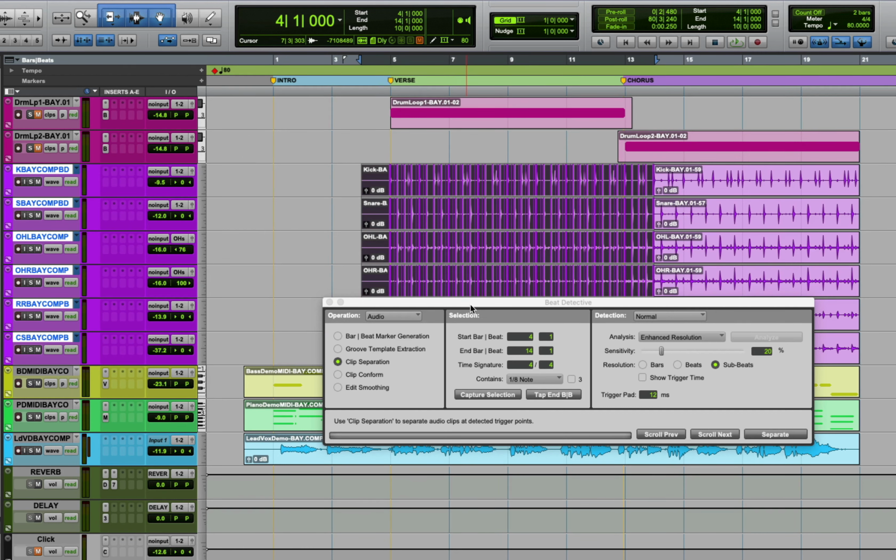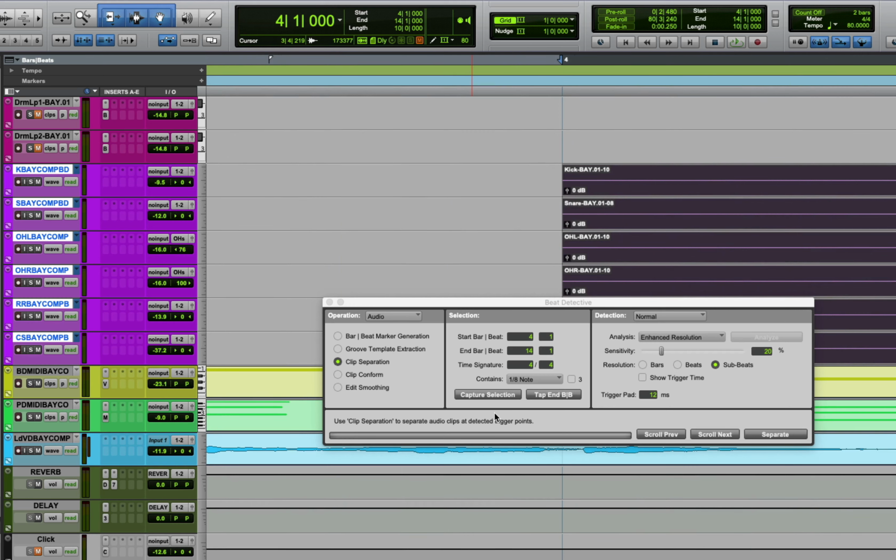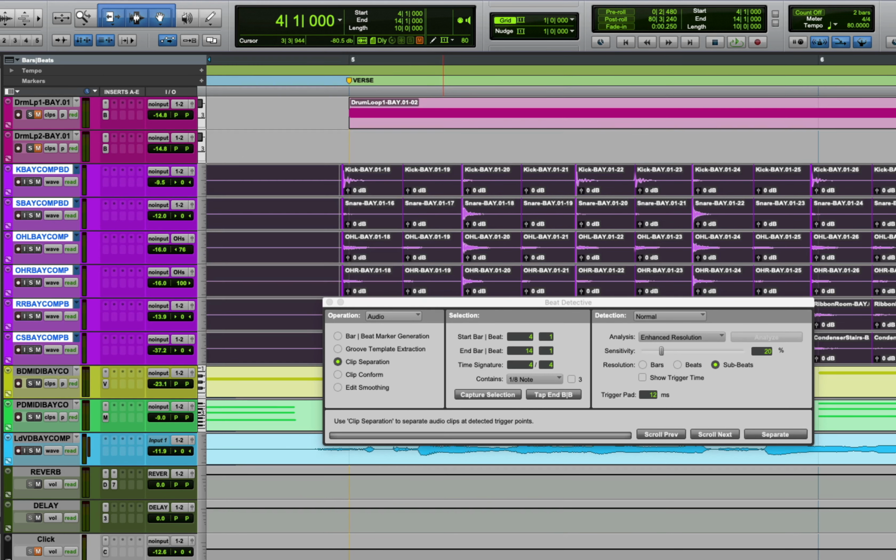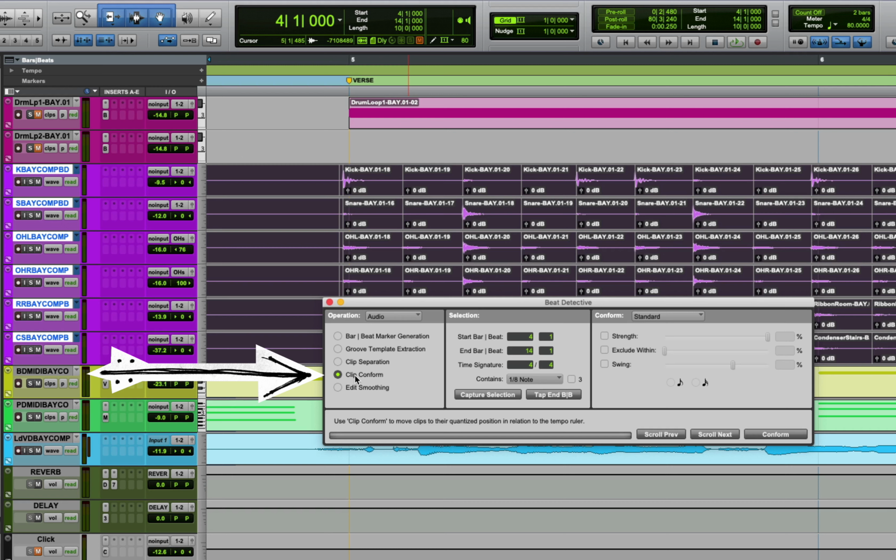If I zoom all the way out and see that every one of these hits has been cut as advertised, the next thing to do is move on to the next step called Clip Conform. Here you see that this window changed drastically, and it's going to ask me, do you want it on standard or do you want this to groove? Even though groove sounds like a good thing, I will recommend for you to keep it in standard,